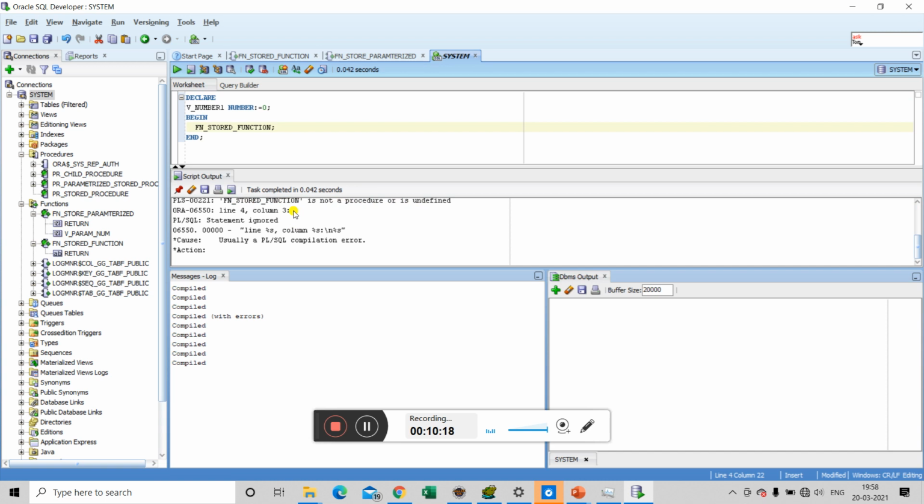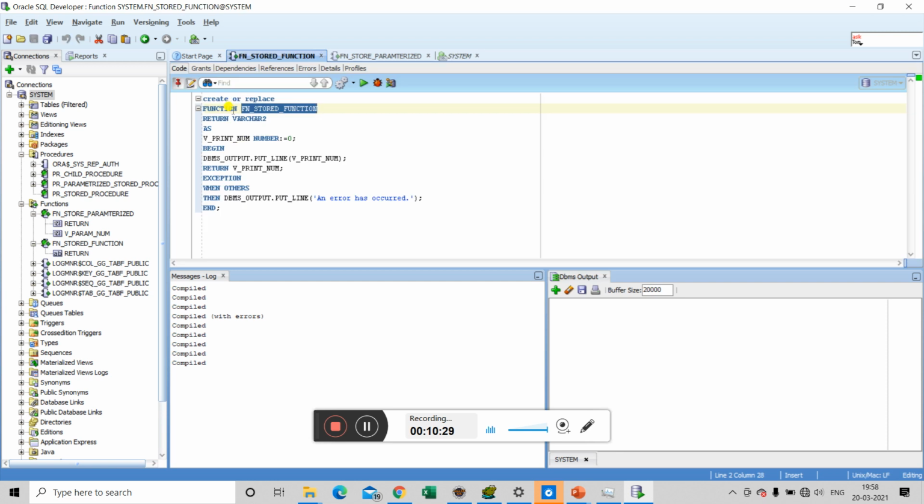This error is because we are just calling our stored function without declaring a variable that will hold the returned value of the function. As you can see, this function is returning a varchar value. First change it to number, as we are returning a number value here. The return print number is of type number, so this must match the return declaration.